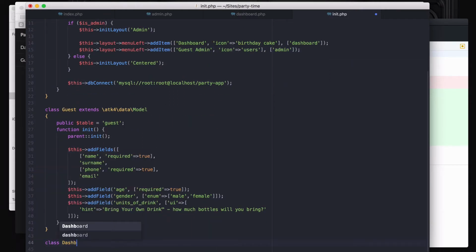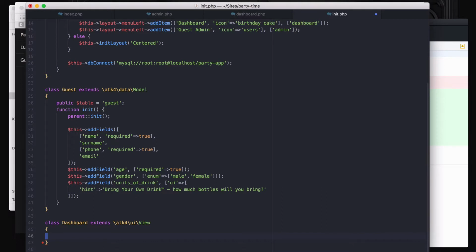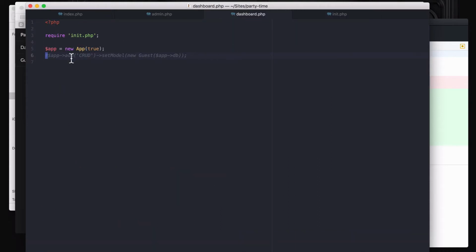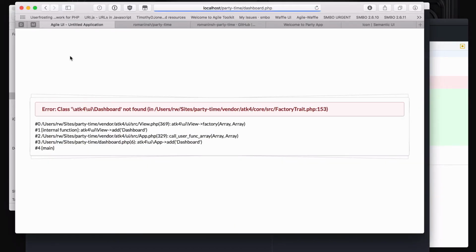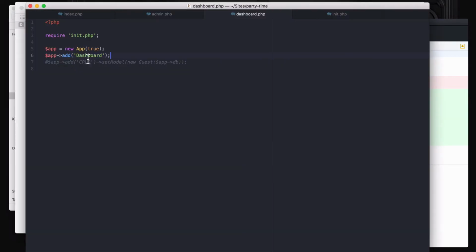So I will show you how you can use a little bit of HTML to design your own view. I want to place the HTML for this dashboard in a file. And I also would like to add this dashboard inside the application over here. So we'll see the error right now